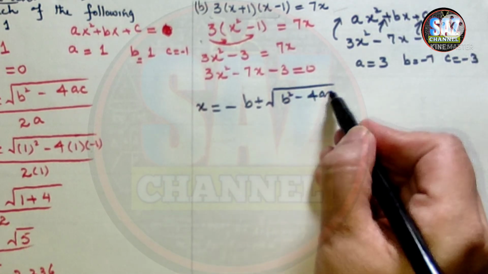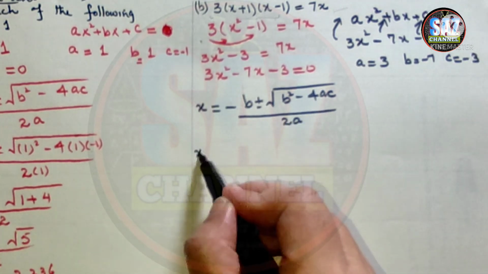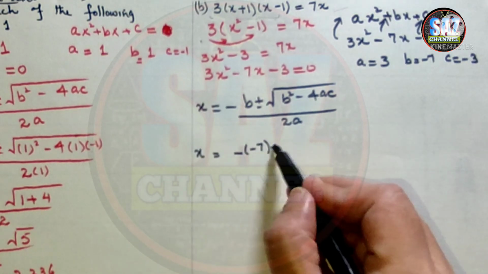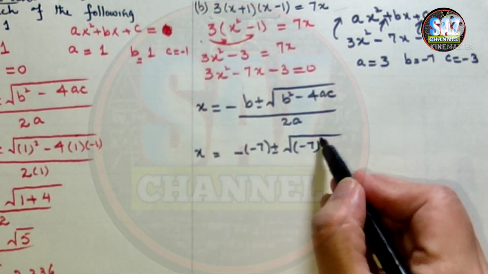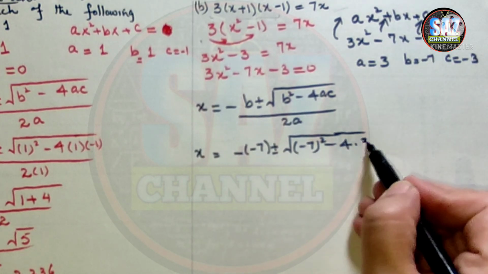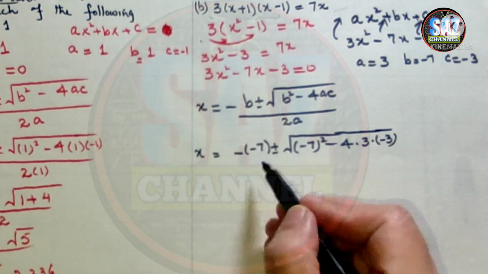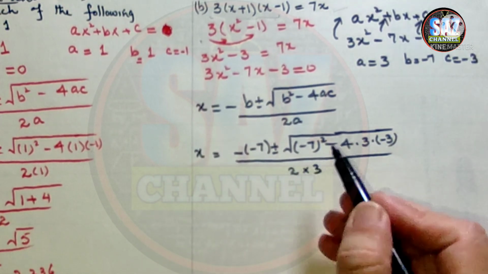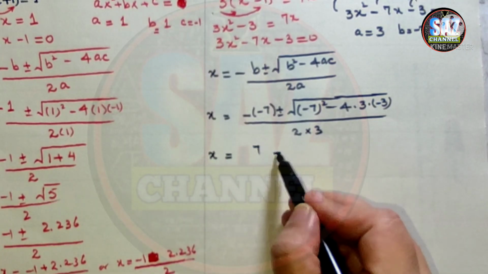minus 4ac upon 2a. x equals minus b, that is minus minus 7, plus minus, and this is b square, minus 7 square, minus 4 into a, that is 3, and c has a value minus 3, and the dot stands for multiplication, upon 2 times 3. x equals 7 plus minus